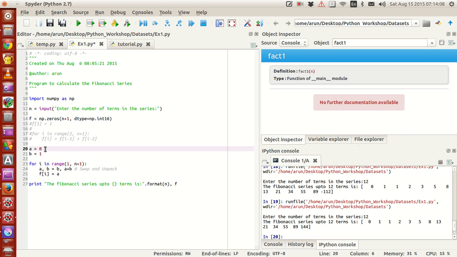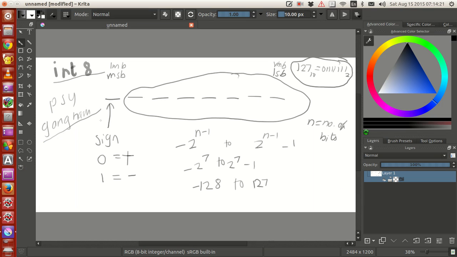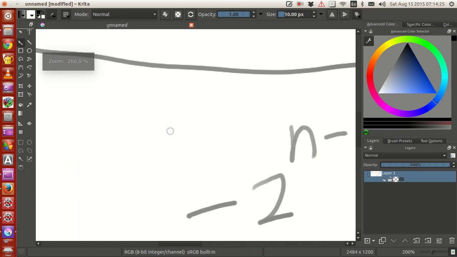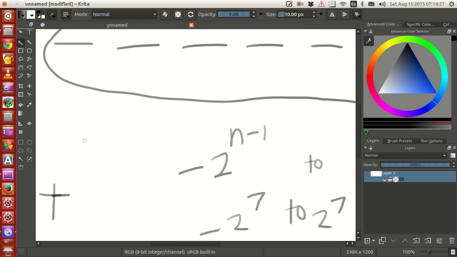I introduce two variables, a to be 0 and b to be 1, and I run this particular expression over here. What this does is, let me zoom it up. Yeah, I can zoom it up over here. Now a is set to be 0 and b is set to be 1,